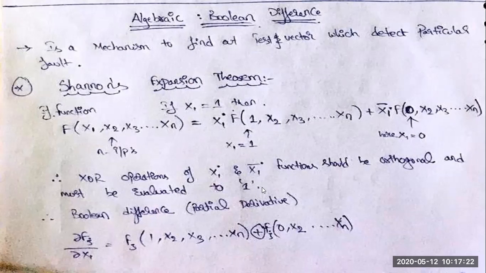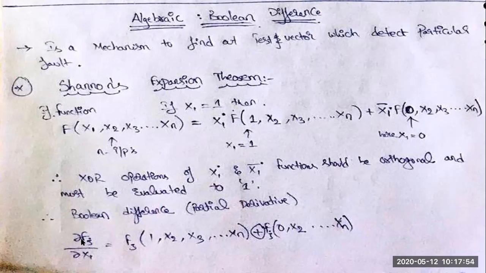Within this, what will the Boolean difference relation represent? It represents the partial derivative relation, within the algebraic approach itself. This is a basic algebraic relation that we notate, but based on the Boolean difference notation, it is represented through partial derivative relations. So how is the partial derivative denoted?